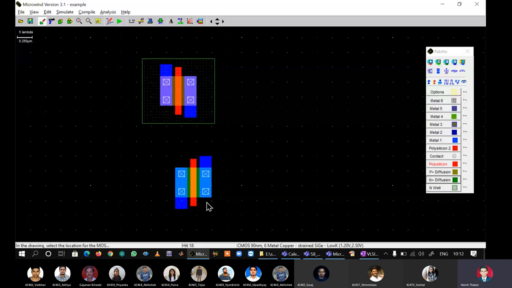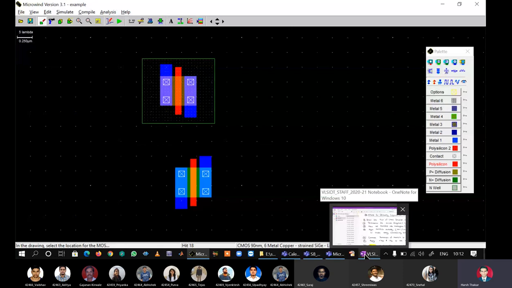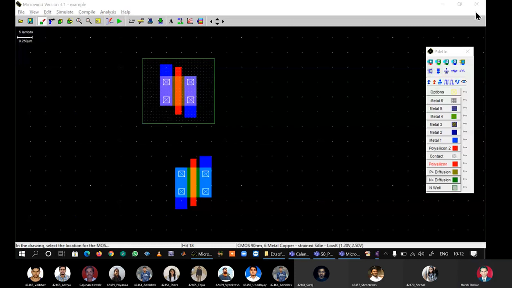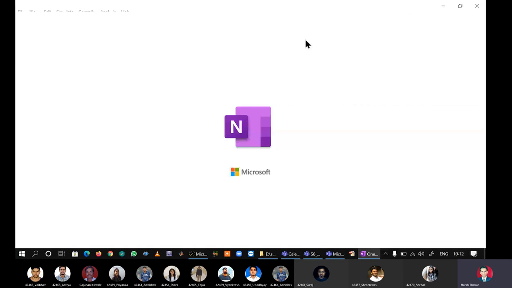Now, where is the drain, where is the source, and where is the gate? If you do not know this, you will not be able to connect the terminals together. So here I go and I will insert both PMOS and NMOS, and I will tell you which terminal is to be interpreted as what.